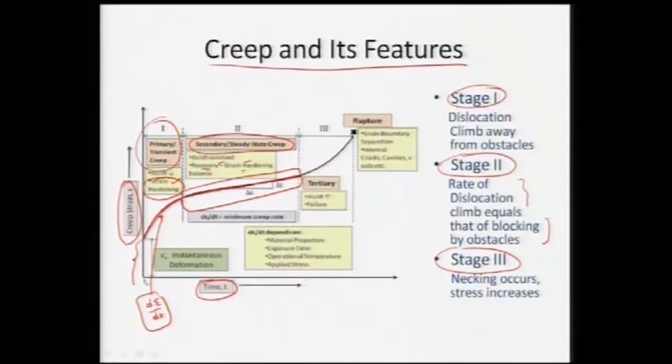Again, d epsilon by dt will depend on the material properties, the exposure time, the temperature, and the stress. By controlling the microstructure we can also obtain a very high creep resistant material, and in creep, grain boundaries are very harmful or deleterious. That is where the deformation really occurs. So, nanocrystalline material will have very high creep rates. By increasing the grain size we can have much lower creep rates, because now the grain is much stronger than the grain boundary at very high temperatures.